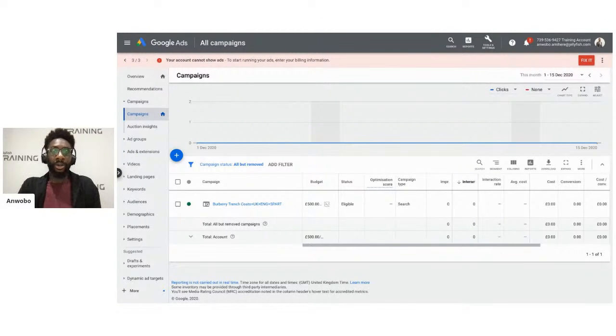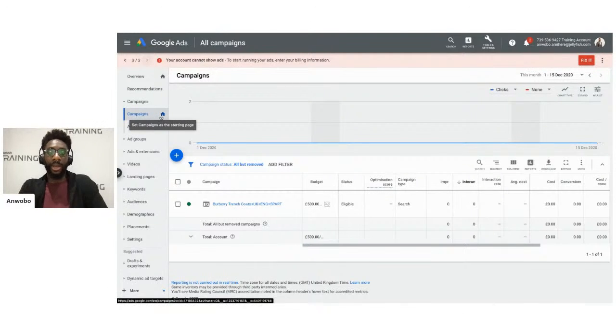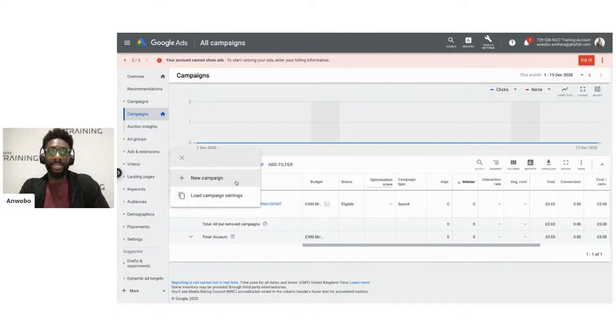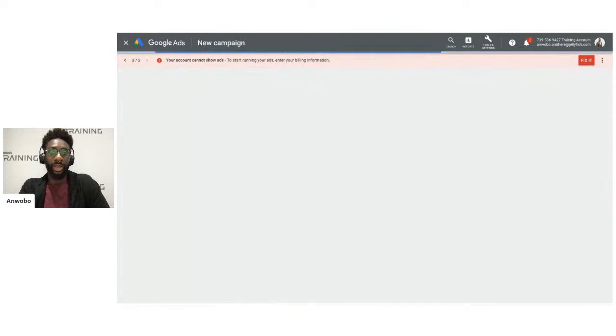So what we're going to do now is show you right here inside Google Ads how we step by step go through creating a YouTube ad. First and foremost, when we're on the campaigns screen within Google Ads, we can click on the big blue plus, and this takes us to the new campaign screen where we have the option to create a new campaign.